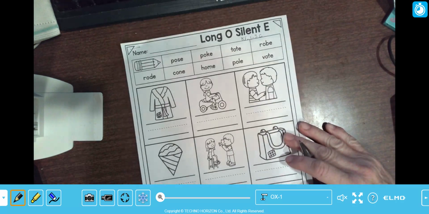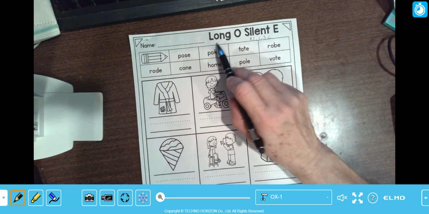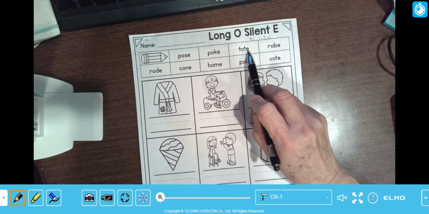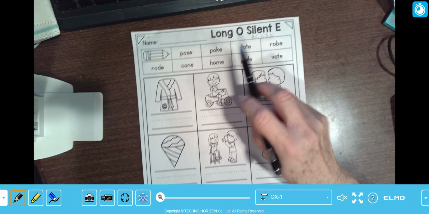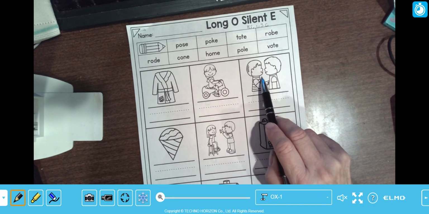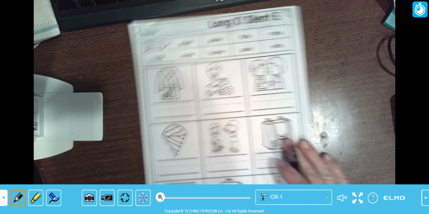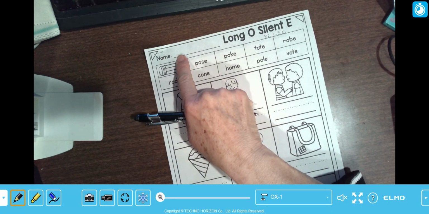Hello everybody. Today we're going to do this page, which is long O, silent E. And you see they each have a long O with a silent E. And there's this picture, and this picture at the front. So find this page. When you find this page, write your name right here at the top where it says name,